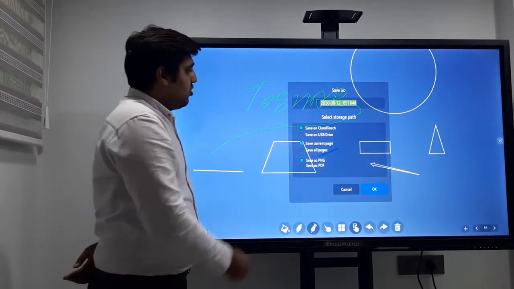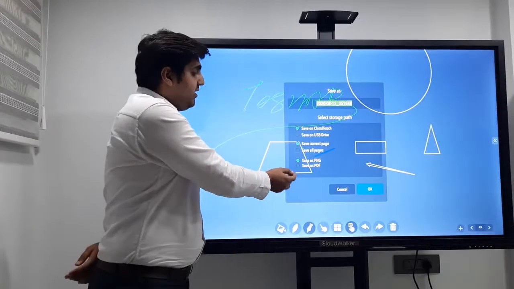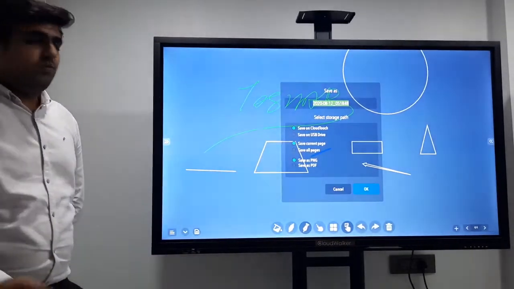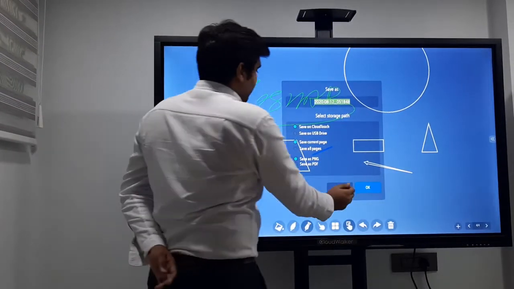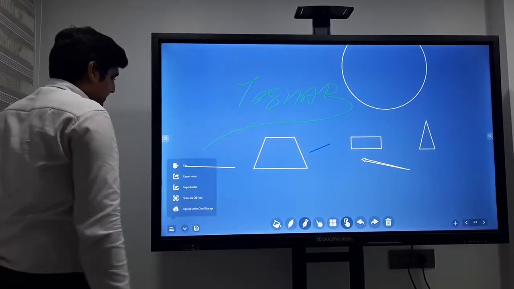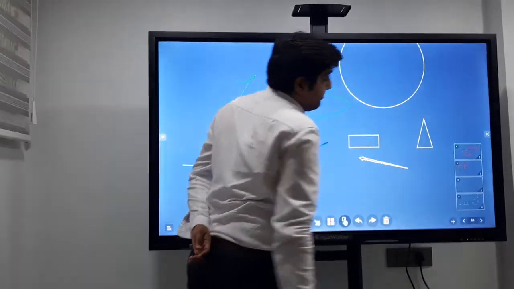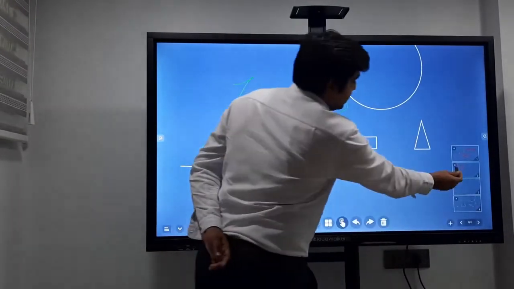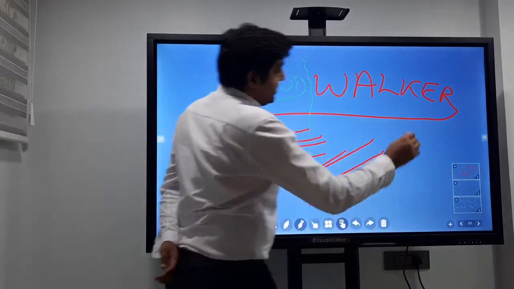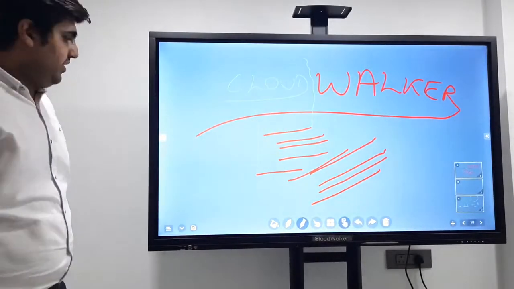Another option, there are 2 options available. You can save it as a PNG file or a PDF file. Both the options are available. Also, from here you can see all 4 pages, and if you want to delete any of the pages, you can simply click on the cross, and that particular page will be deleted.